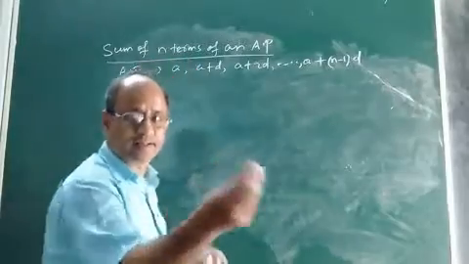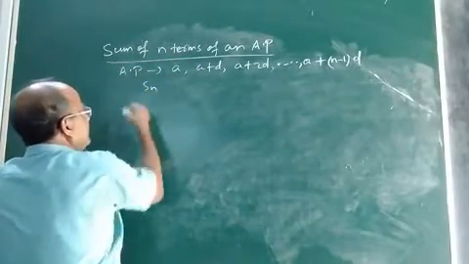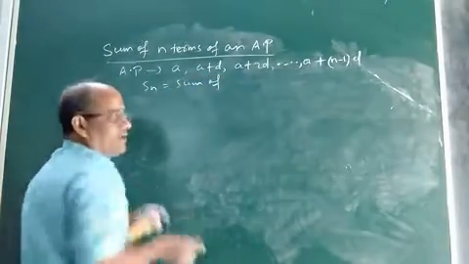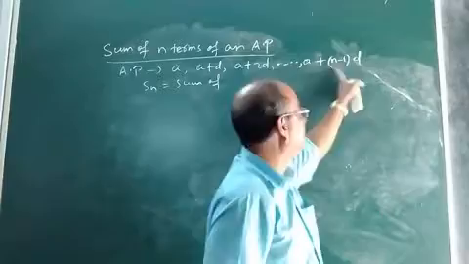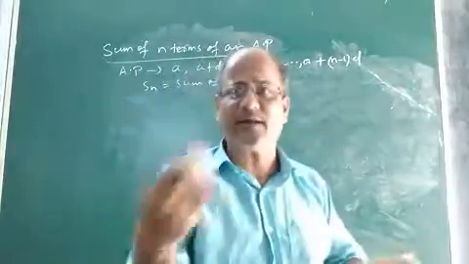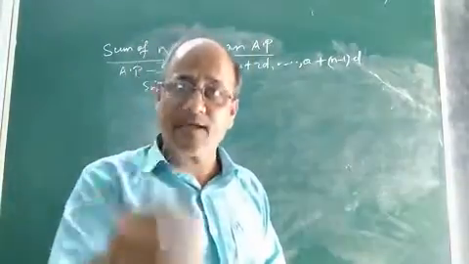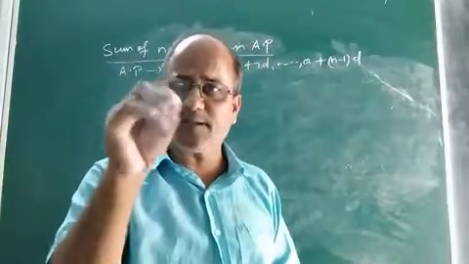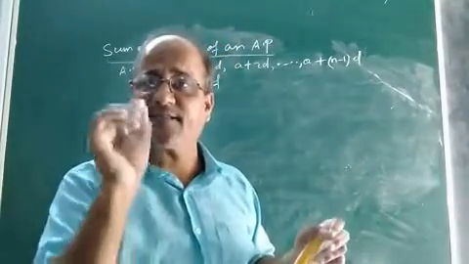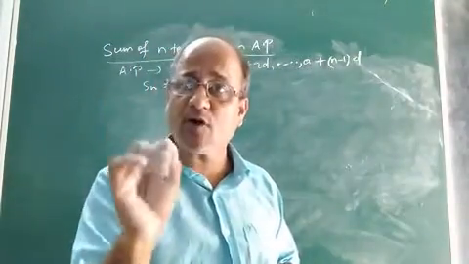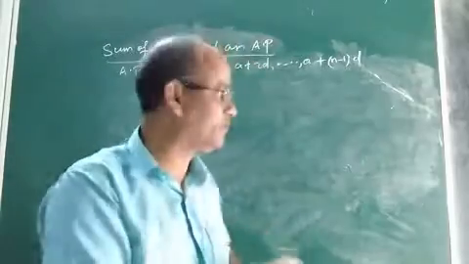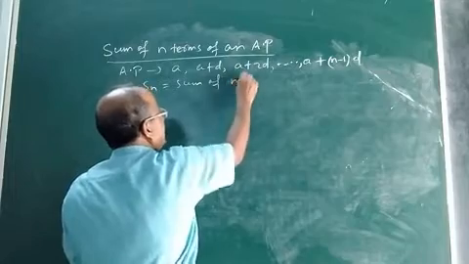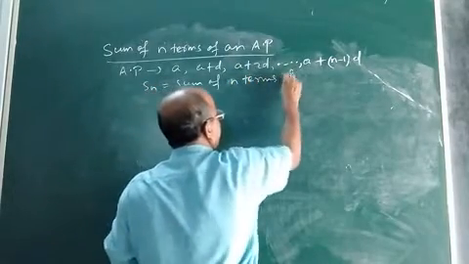It will be equal to, we will discuss the proof, Sn. Sn is the sum of n terms. It is a symbol like an. a plus n minus 1 into d is the nth term, or general term, of an AP, and it is denoted by the symbol an. But Sn stands for the sum of n terms of an AP. So Sn stands for the sum of n terms of an AP.